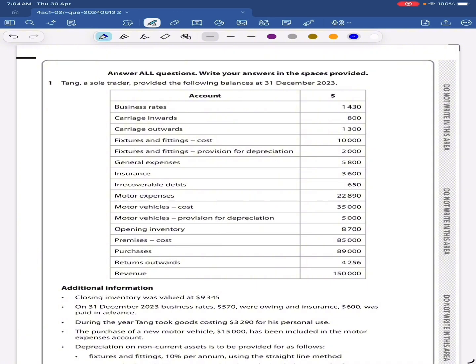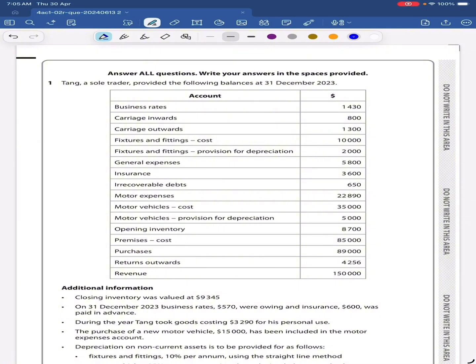Tang, a sole trader, provided the following balances at 31st December 2023. So we have a set of information given, such as business rate, carriage inwards, carriage outwards, fixtures and fittings provision for depreciation, general expense, insurance, irrecoverable debts, motor expense, motor vehicle, and we have motor vehicle provision for depreciation, opening inventory, premises at cost, purchases, return outwards, and